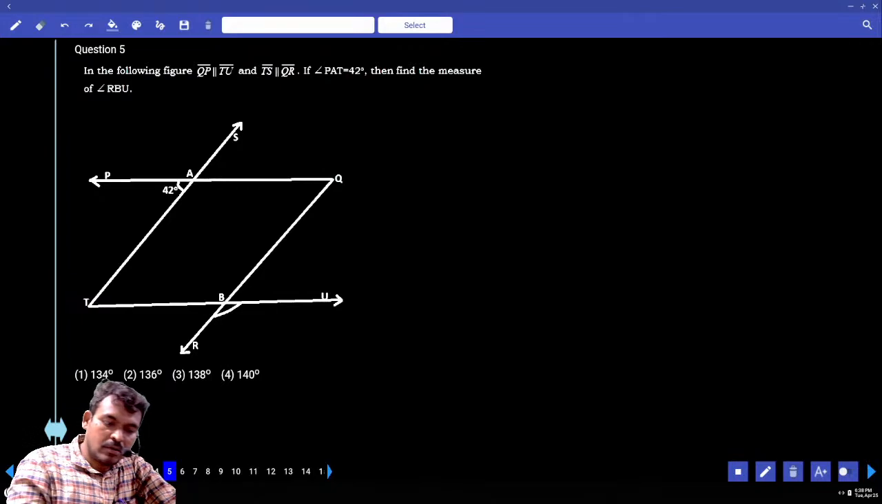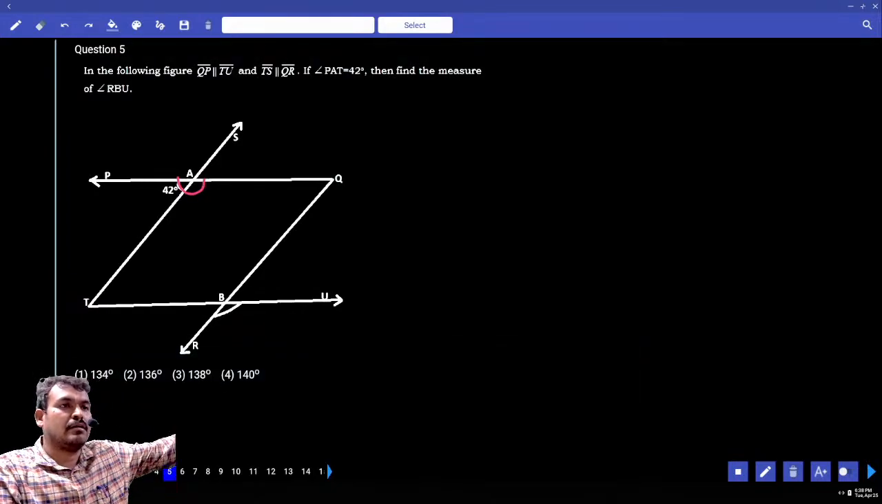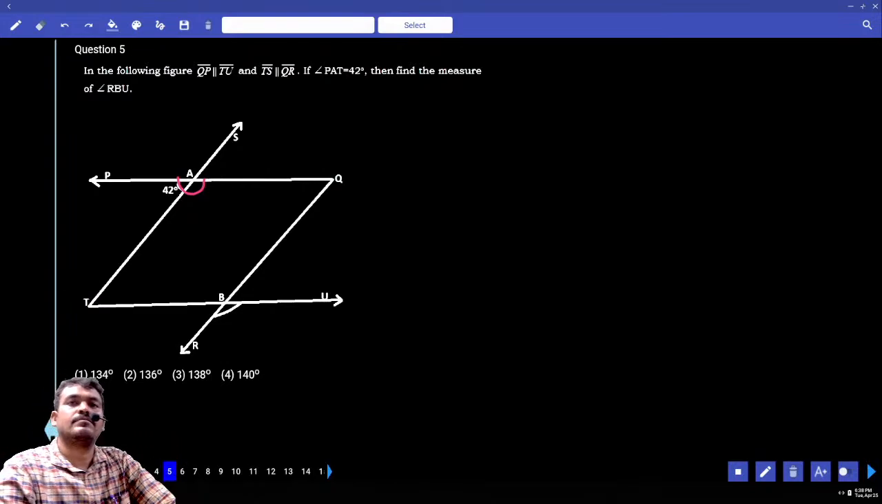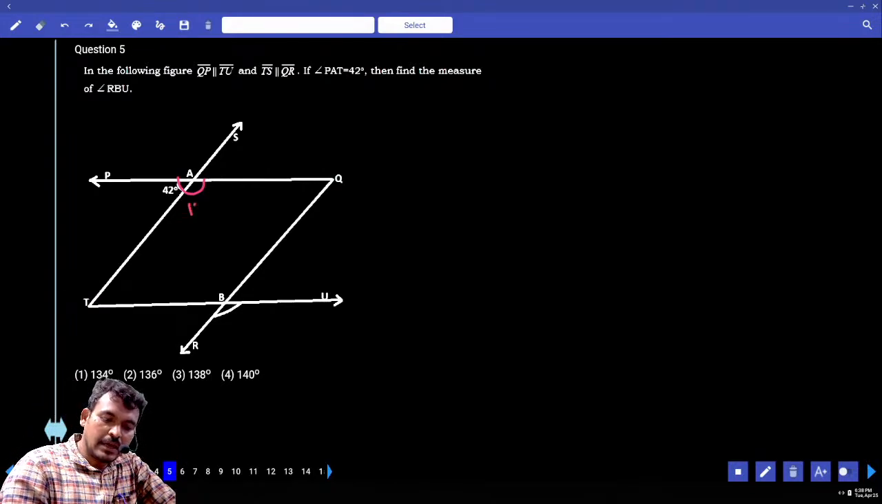Here the total angle value is how many degrees? 180. In that, 42 is already given. What is the remaining? 138. Next,